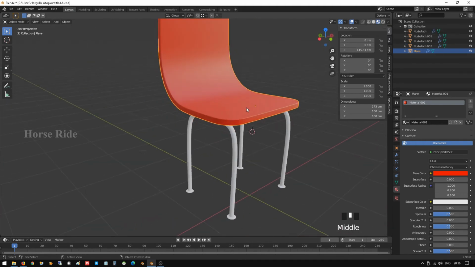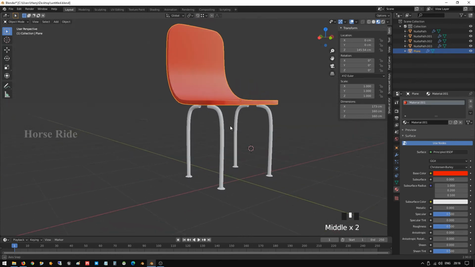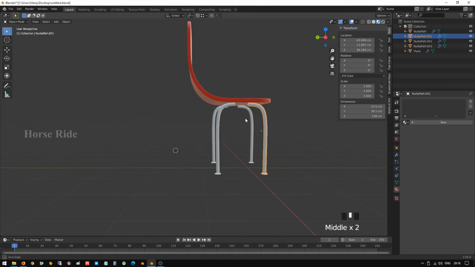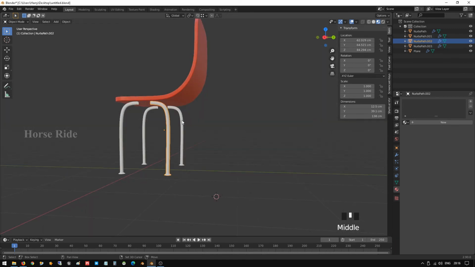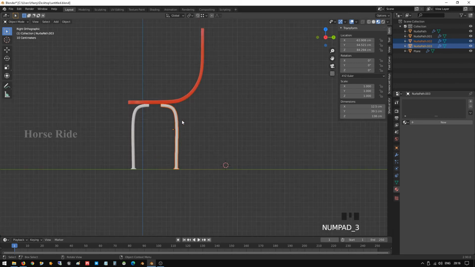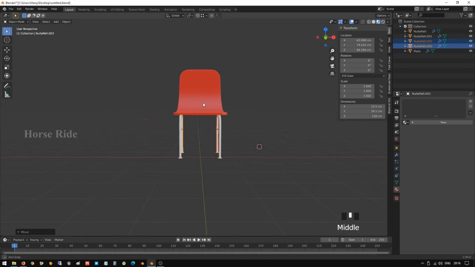Now our chair has been given red color. This one I feel is too close, so I select both of these two and go to the right angle and G Y, move a little bit towards. Fine. Yeah, now it's good I feel.